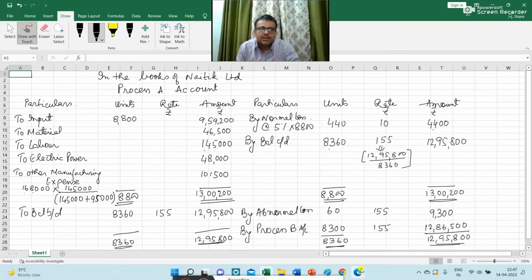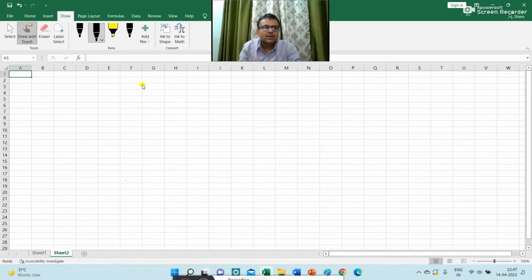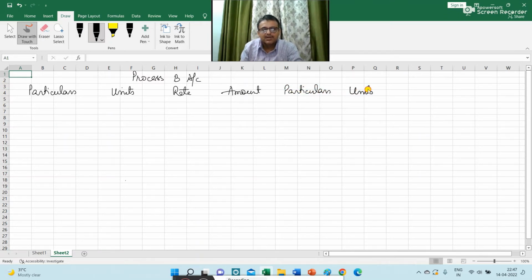Now I am going to prepare the process B account. So here I am writing process B account. On the debit side I am writing particulars, then units, rate, amount, and on the credit side I am writing particulars, units, rate, and amount. On the debit side I am writing to balance BD, so this value will be transferred